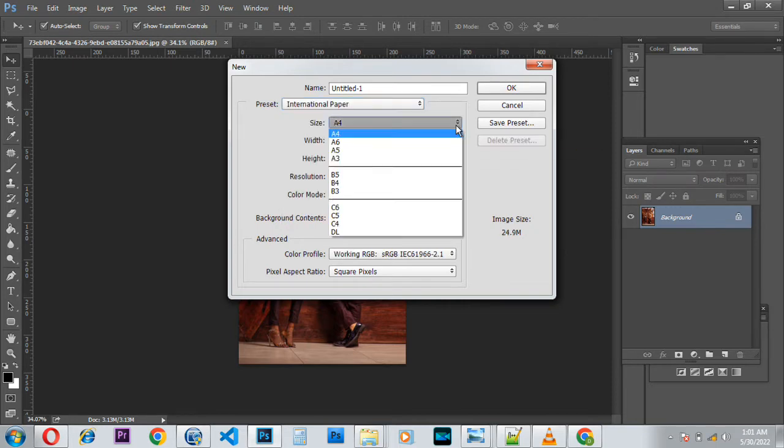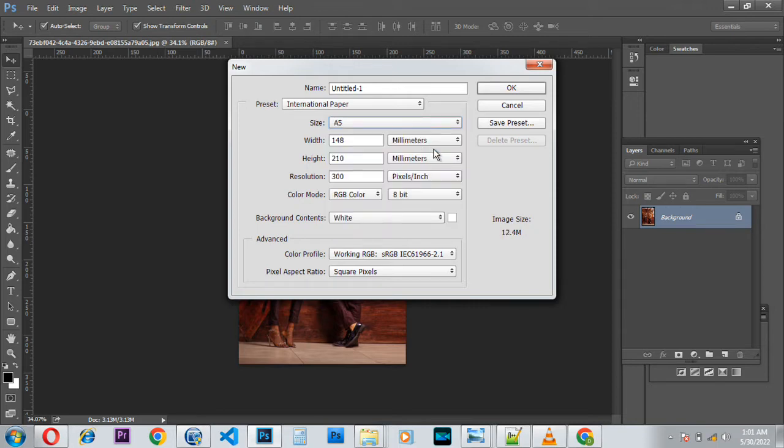Then I'll choose A5. Then I change this into inches, because I normally use inches. So I'll choose A5. This is the easiest way to choose A5, but this is the main measurement for A5,